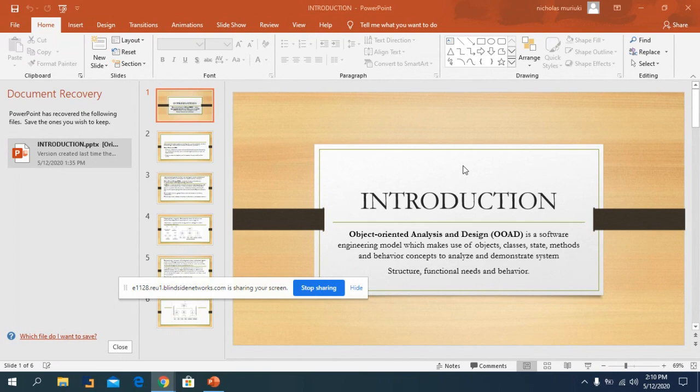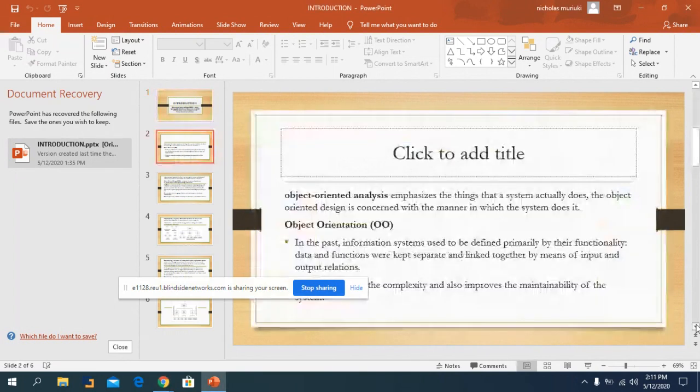Now, if you look at state, we are looking at the time that you are working on a certain event. Like now you can have a co-curriculum activity at that time. Nowadays, now we are having a class, that is a state. So we need to demonstrate it, and we produce what you call functional needs or behavior. And when you talk about functional needs or behavior, we are talking about something that can be used in reality, something that can be used to produce something. The next one is what you call